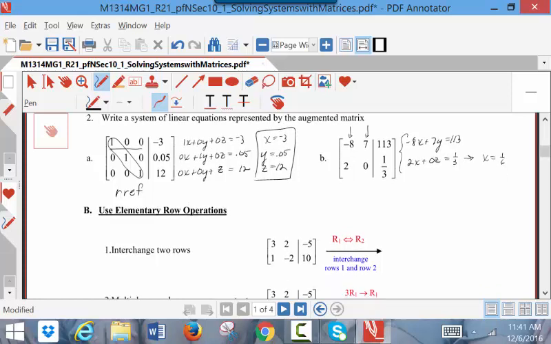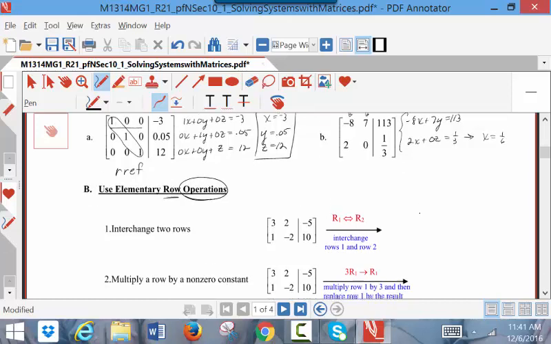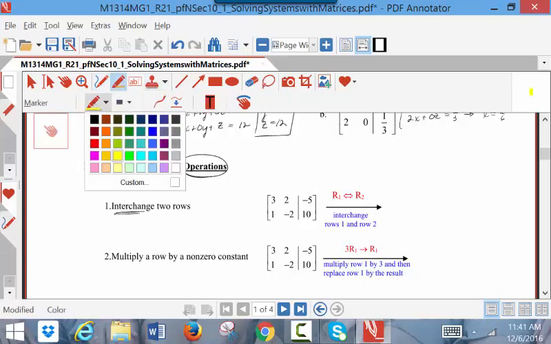Okay, so what's interesting about matrices is we can do these operations on them, meaning we can add, subtract, and multiply and even divide by using what they call row operations. So we're going to do some basic examples to try to understand the notation and how to perform these operations. One of the things that we can do is interchange rows. And the way they notate that, as you see in red here,